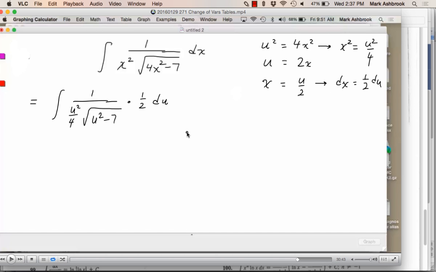Okay, let's simplify this. Dividing by 4 in the denominator is like multiplying by 4, right? So this is like multiplying the whole thing by 4, and this is dividing it by 2. So this would be a 4 in the numerator, and this would be 2 in the denominator. 4 over 2 is 2. So then u squared